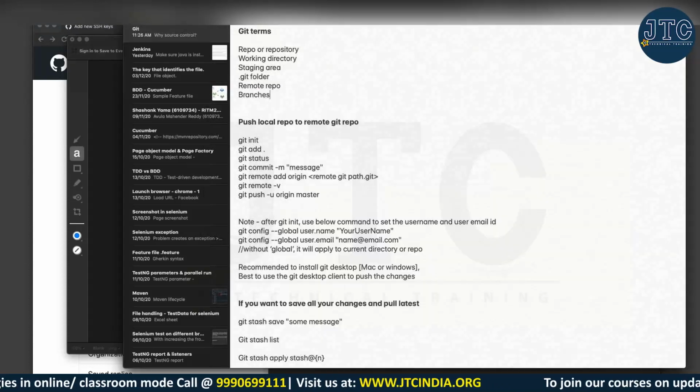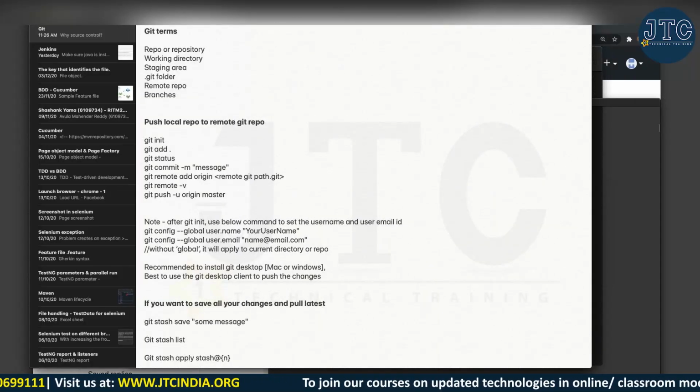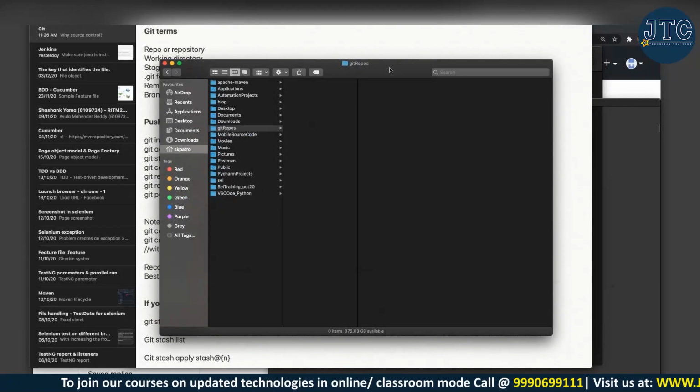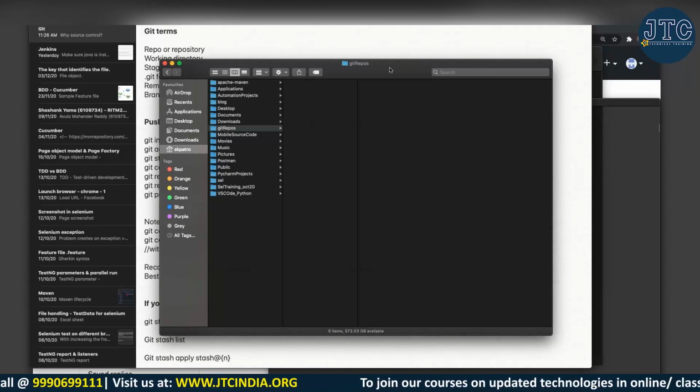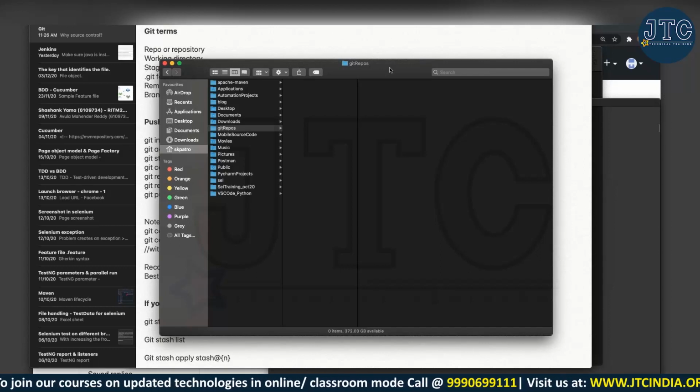Okay, so now the thing is that let's say I have a new project folder. So what I will do, I'll go to my folder structure in my directory, or else you can go to your C drive. Okay, I got one question. Main branch looks like the repository and staging area. Okay, so the staging area can be in any branch actually, because the staging area is not dependent on the branches.